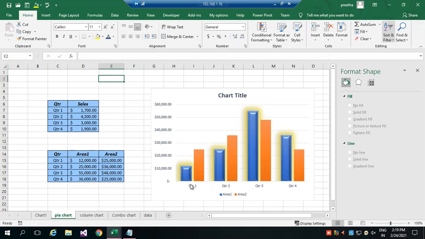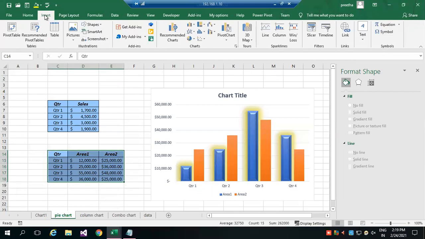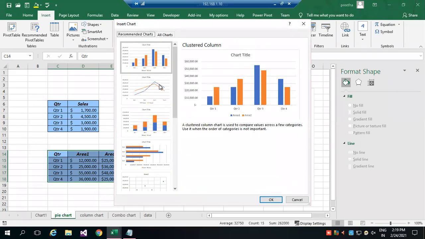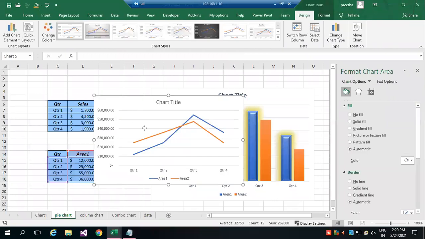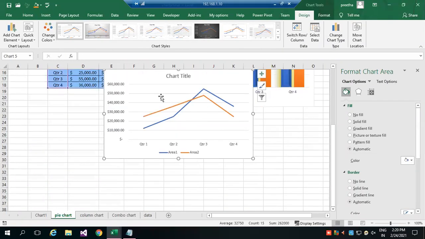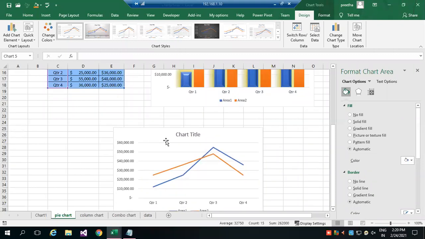So this is about column chart. Column chart is used when you have a series of values like year-wise data or month-wise data or sales comparison. Instead of column chart, the same data I can represent through line chart also. You can see here in the chart, I could select line. That line I can drop to some other area. So now we are in line chart.